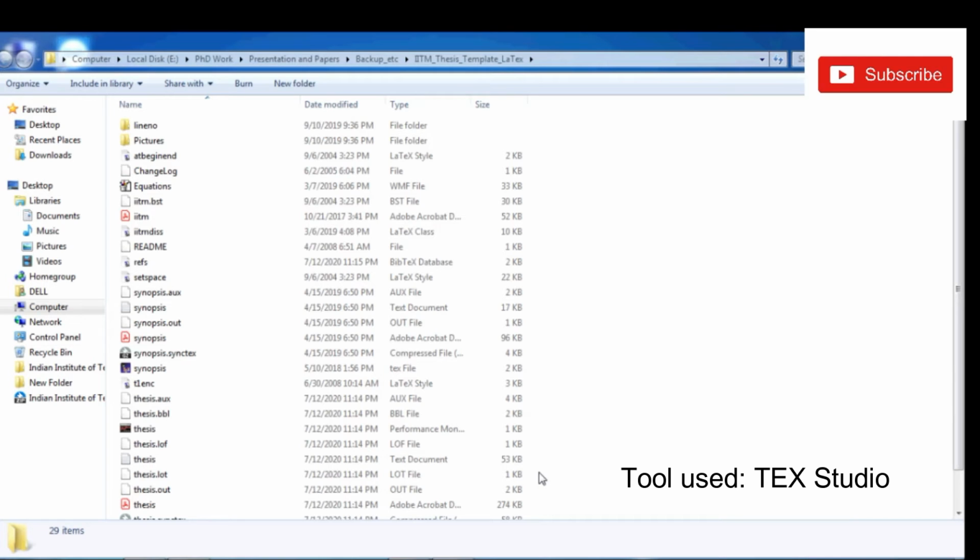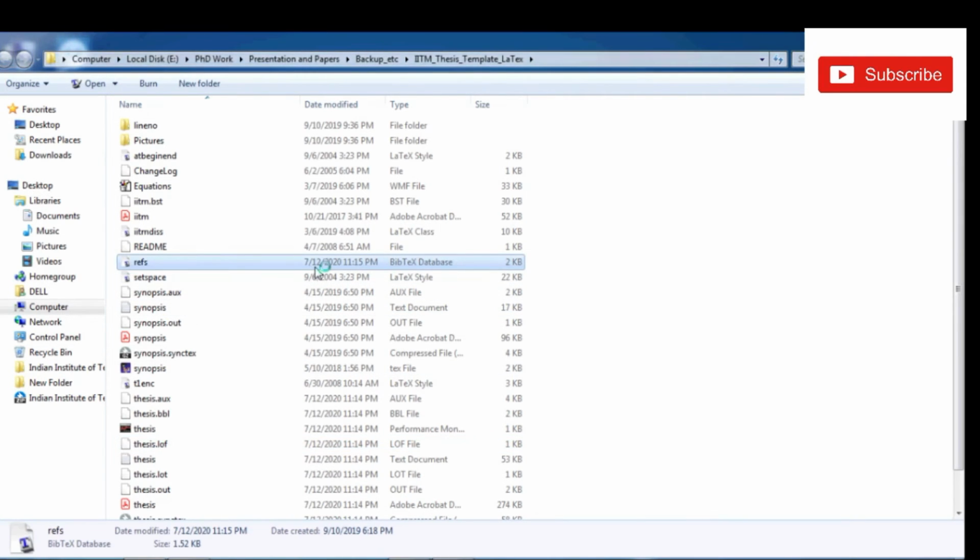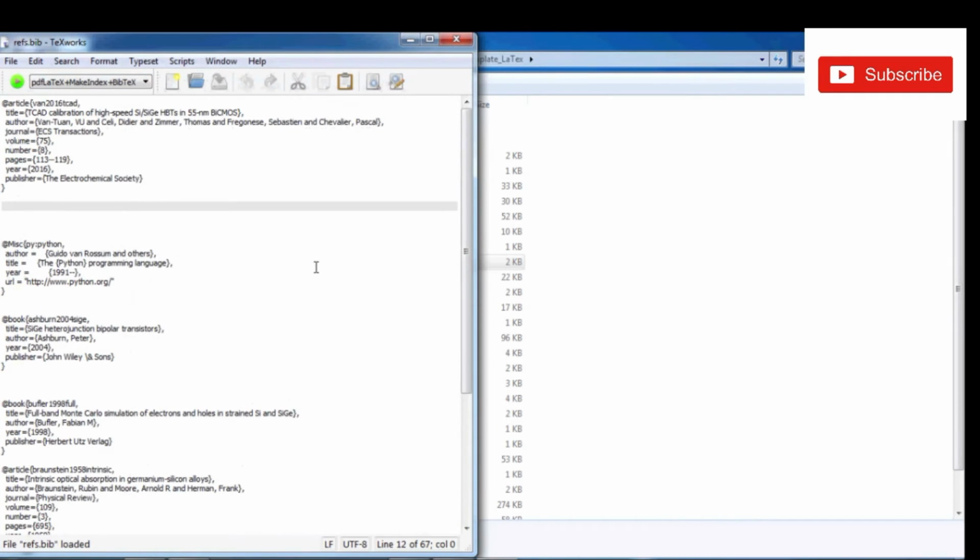So what you have to do is you have two files. One is for the bibliography, the .bib file, and you have one main text file where you are writing your thesis or your article. So what you have to do is you open your ref file. Okay, so here